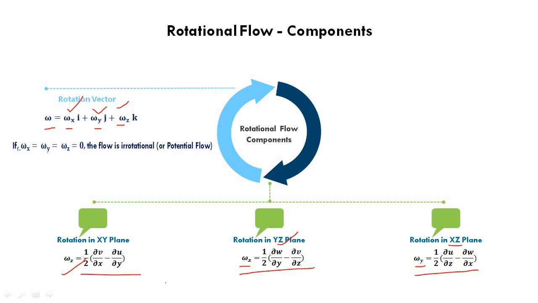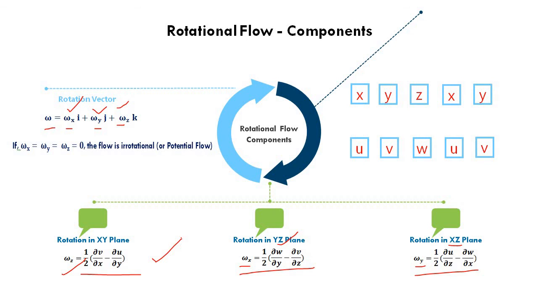So generally these rotation vectors are differentials of the velocities with respect to the space coordinates. Okay, differentials of velocities u, v, w with respect to space coordinates x, y and z. The first differential is shown here, dou v by dou x minus dou u by dou y, etc. So how can we write these equations, omega z, omega x and omega y, very easily? There is a small technique for this.